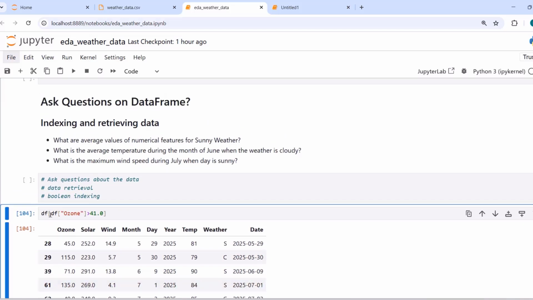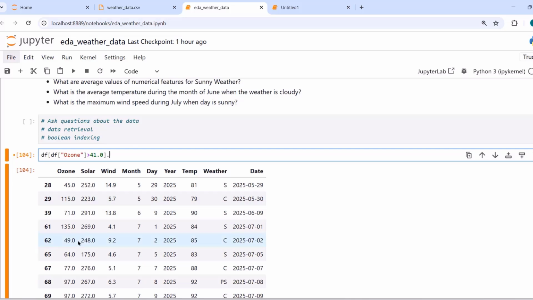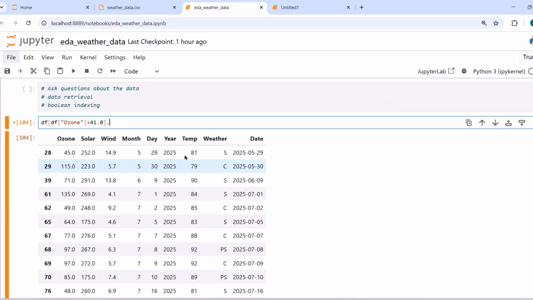Okay, so you can see here this value is basically a Boolean value, whether it is true or false. So this way we can use Boolean indexing to find our data. And here, if you want to sort these values according to the temperature, or according to the day or wind value or something like that,